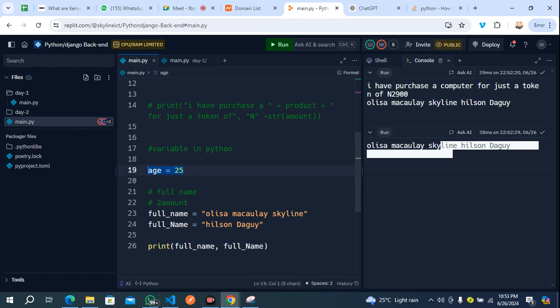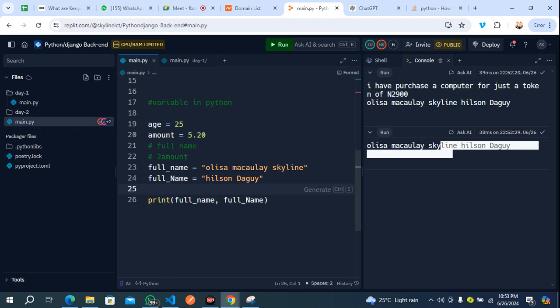So this variable holds what? We have another one, amount equals 5.20, right? That way, we can also assign multiple values in a variable, and also a single value in a variable.